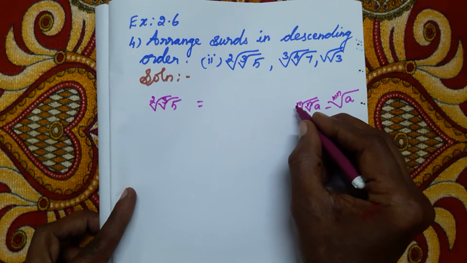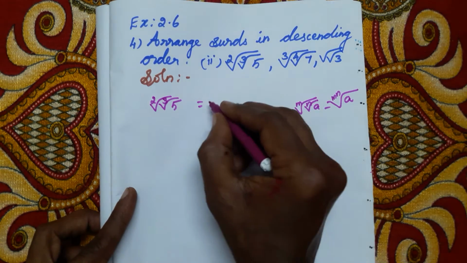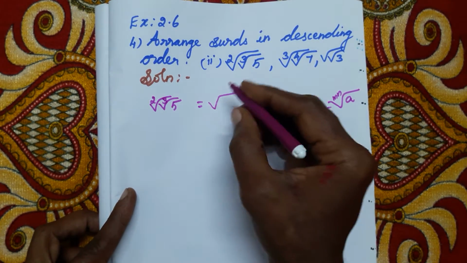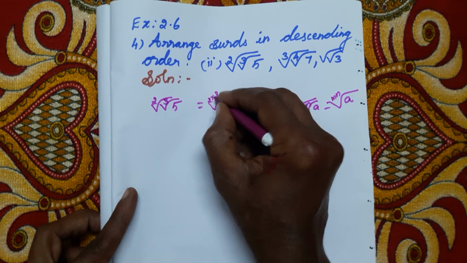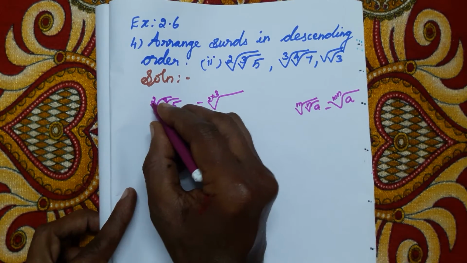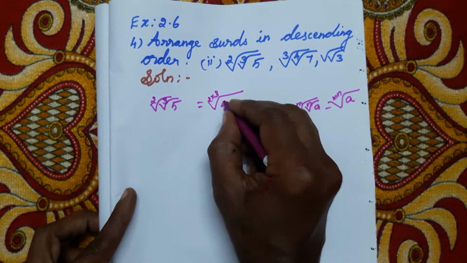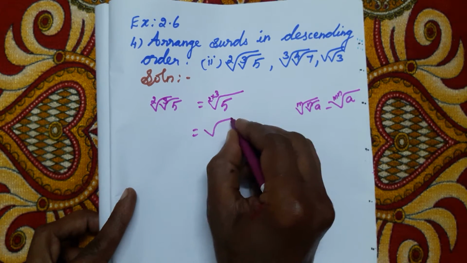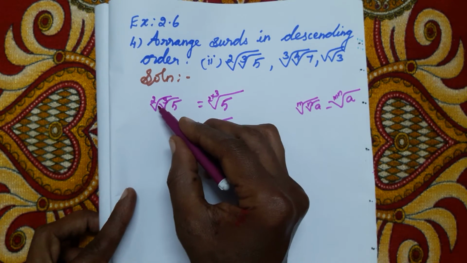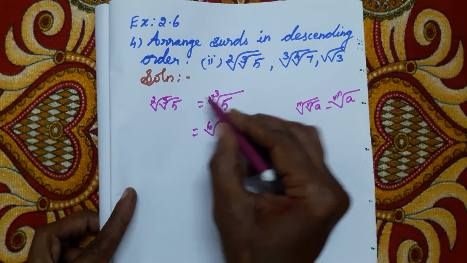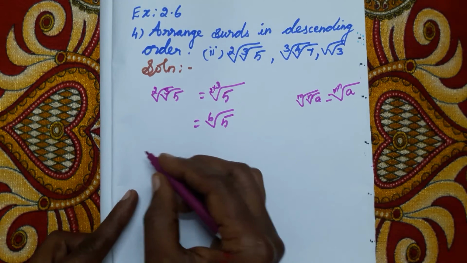I have explained the nth root of the mth root of a is equal to the (n times m)th root of a. When we use that, what are we getting? 2 into 3, the square root of the cube root of 5 is equal to the 6th root of 5. So the square root of the cube root of 5 is equal to the 6th root of 5. Now the second number,